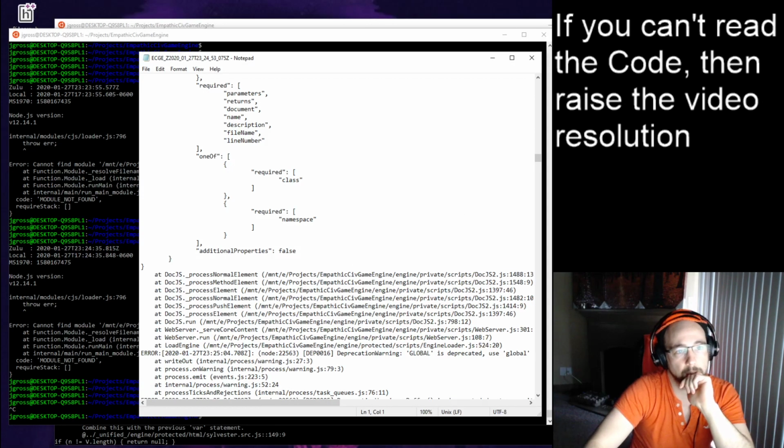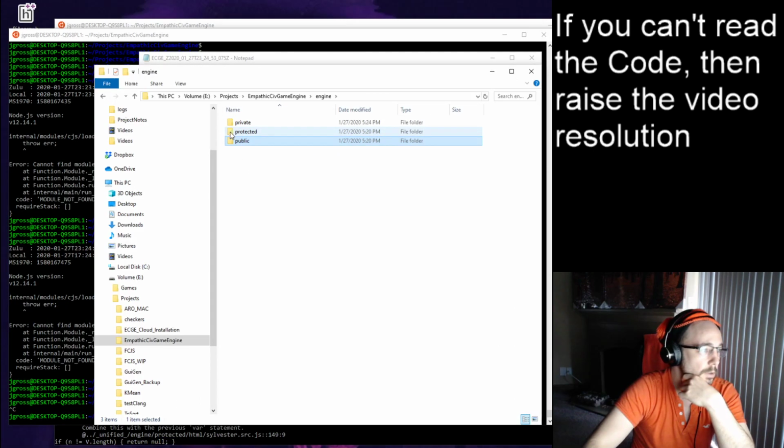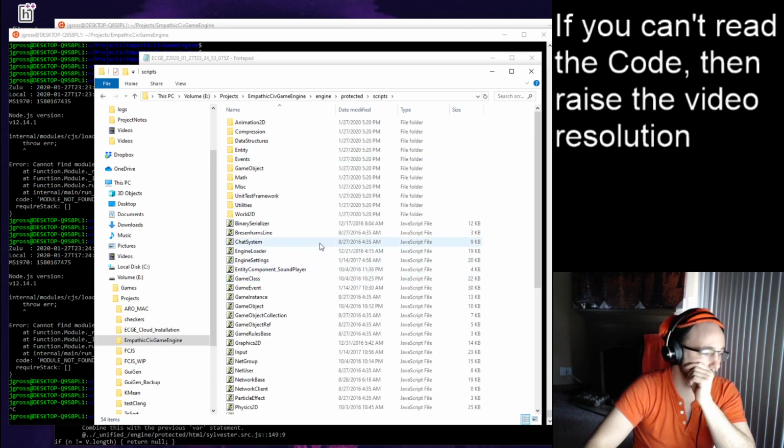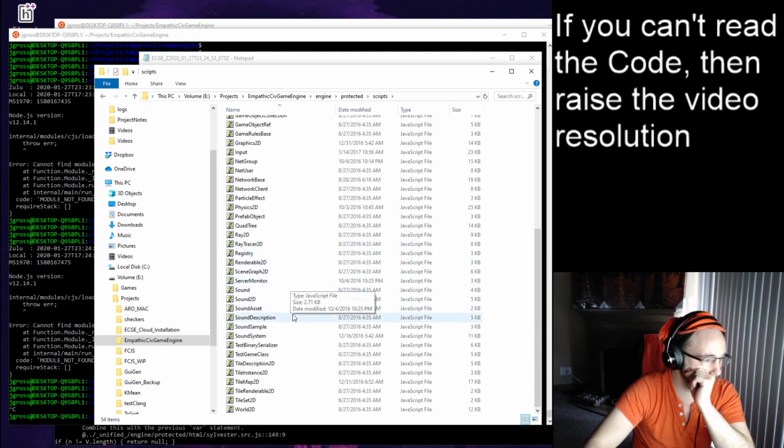The easiest thing to do is going to just be to turn off the documentation generation for the time being, and we can come back and try to fix it later. So that should be in engine. Actually, I'm going to move over our directory structure over here so you guys can see it if anybody ever watches this. So we have in the engine protected folder, we'll have our scripts, and this is going to be organized much better in the future than it is right now, but this is most of the code for the engine. And somewhere we have